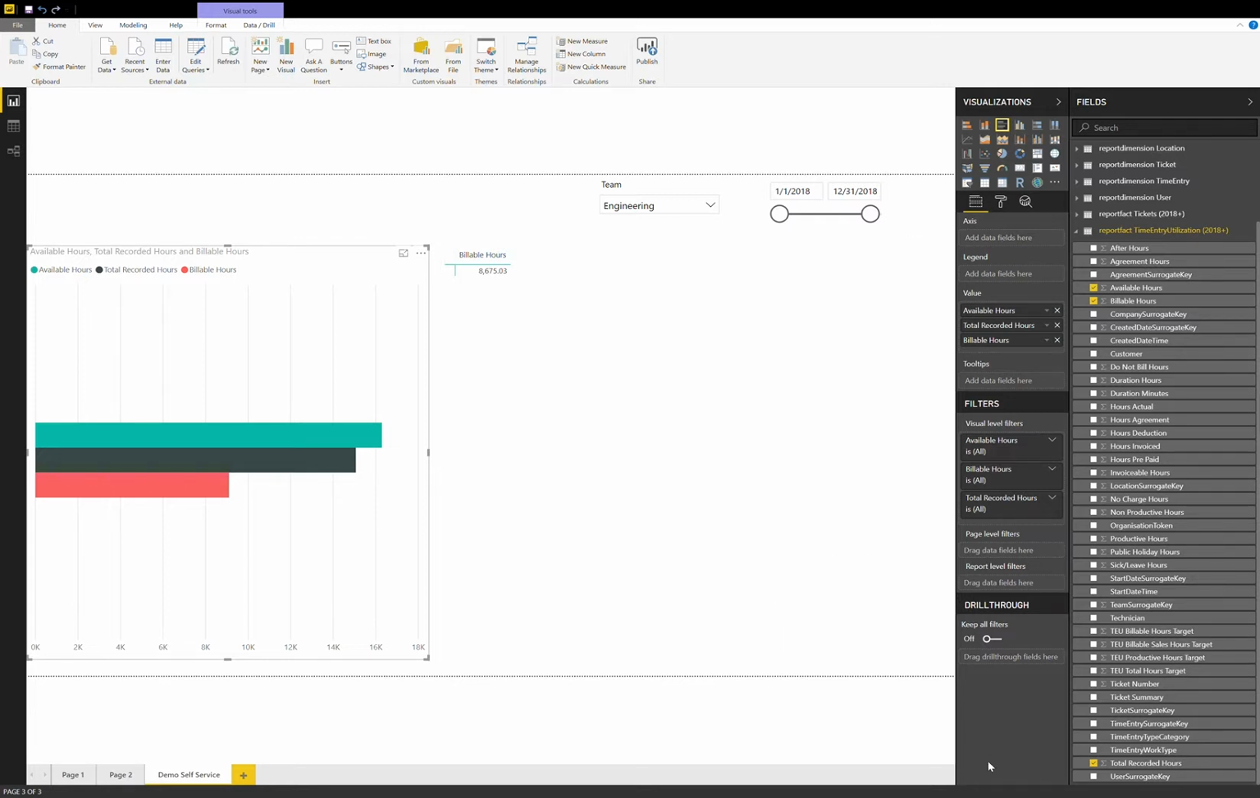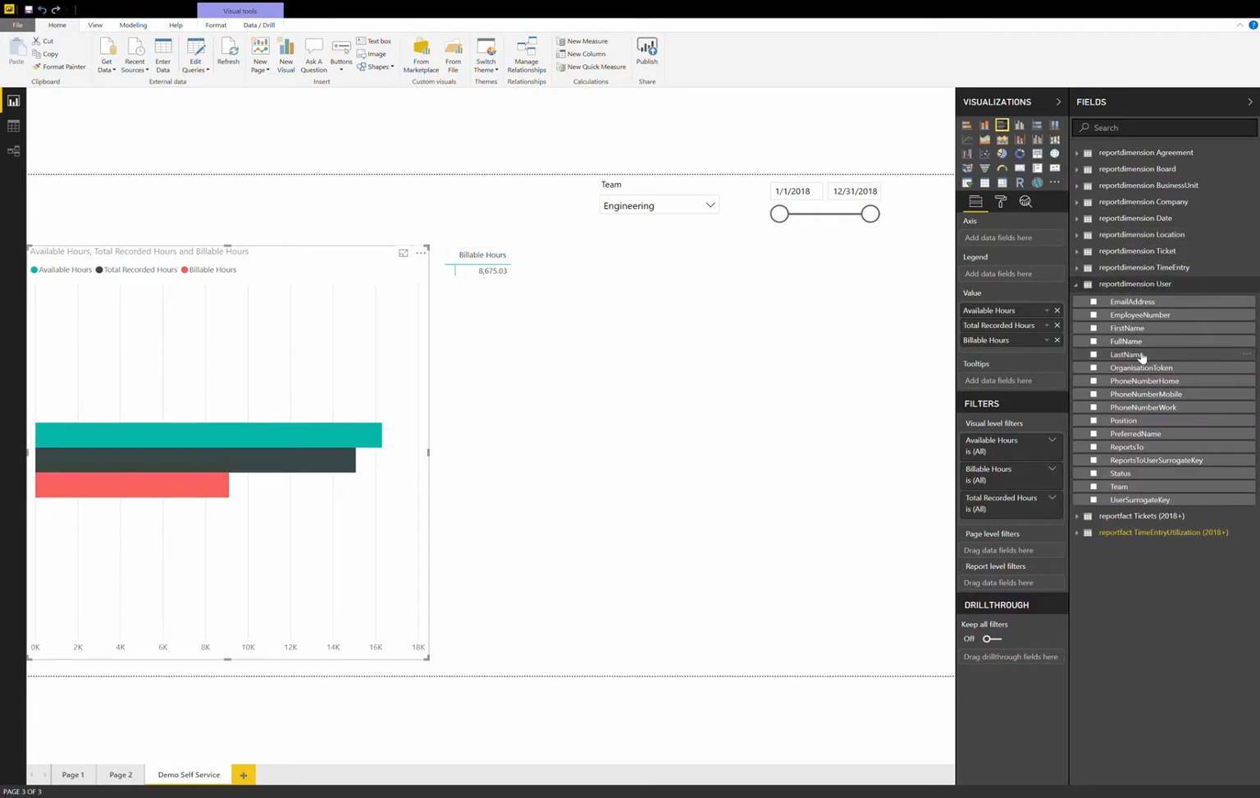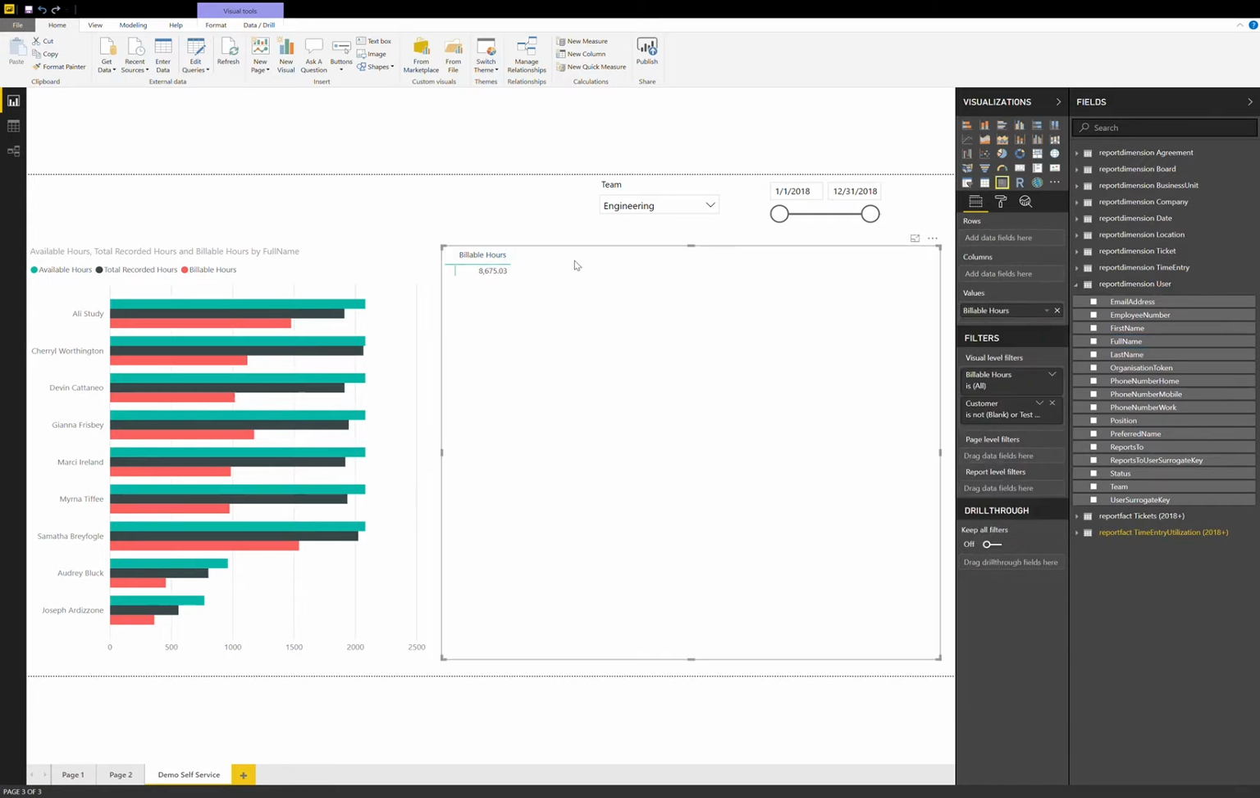The next thing we probably would want to do is segment that data by the users. So let's just drag our full name into here, and there we have each team member and the time that they recorded. Now the second matrix over here, or table, I'm going to look at now the billable hours component